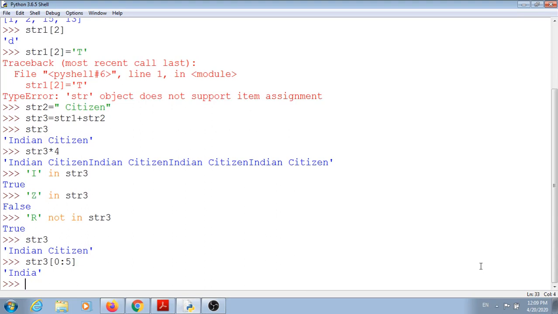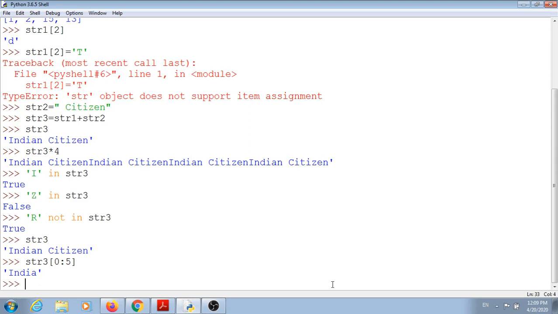Now you can ask where is the 5th index? Just like the for loop or range function, it will work up to the last element, less than the last element. So the characters retrieved from the above string are I, the 0th character, N, the first character, D, the second character, I, the third character, and A, the fourth character.